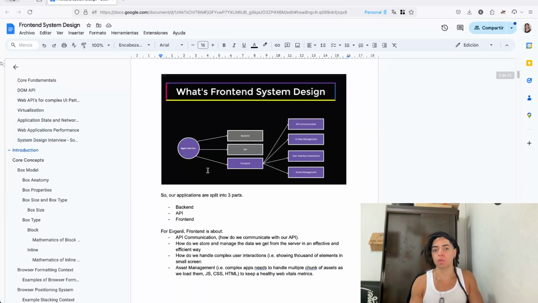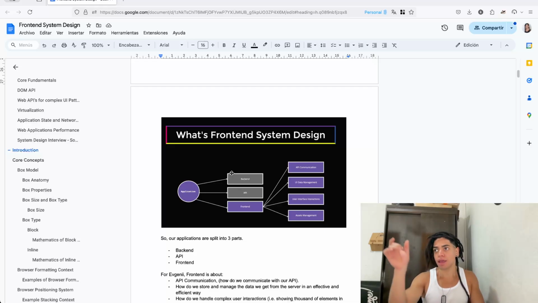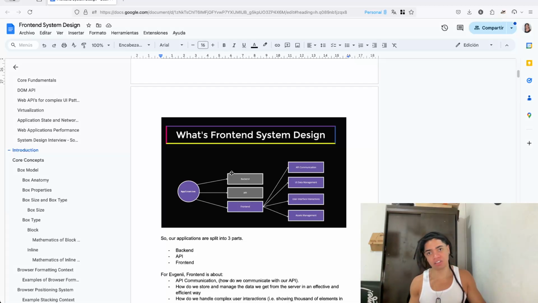So for that, we look at the API communication: how this application is going to communicate, and what protocol is going to be used. Then once you talk to the API and fetch the data, how are you going to store and manage that data? So this is data management. And then how can we provide some of these particular use cases that I mentioned before